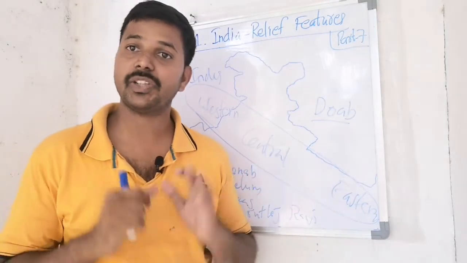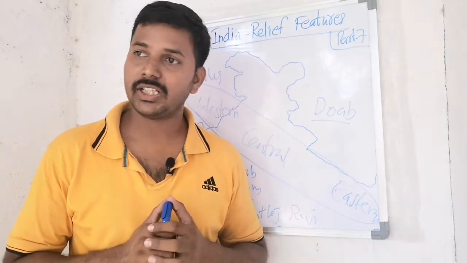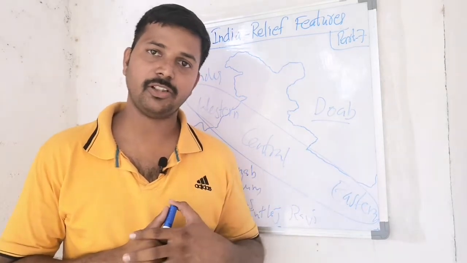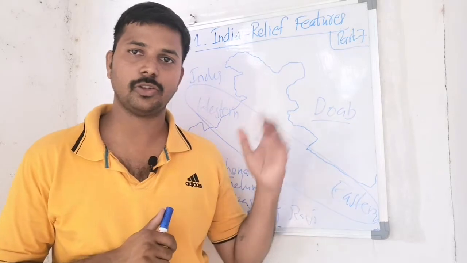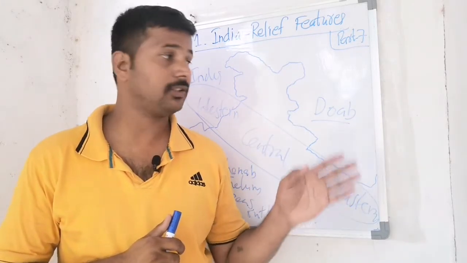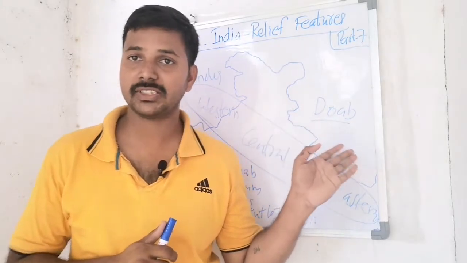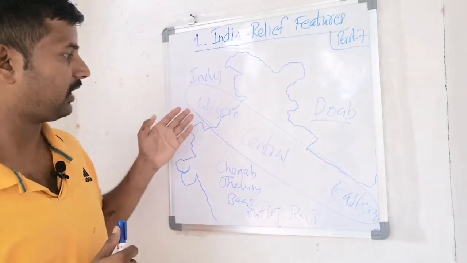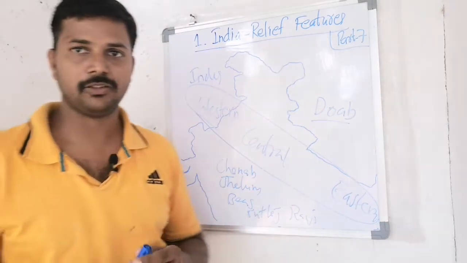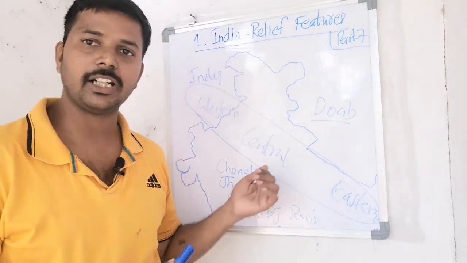What is called a doab is very important. A doab is the fertile land between two rivers. The fertile land between two rivers is called a doab. Doab features of land are common in Punjab and Haryana, in the western portion of the Indus Plain. Now let us discuss the central plain.